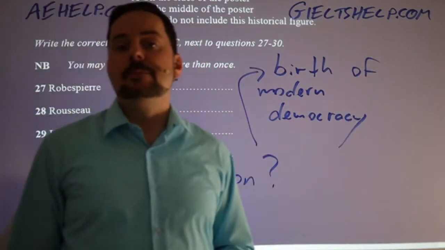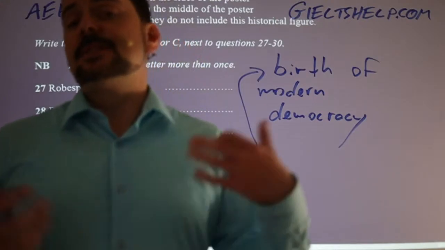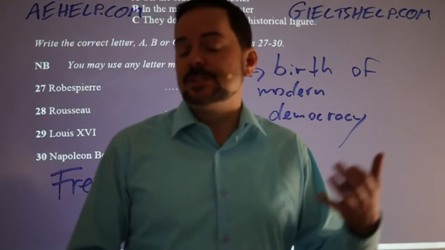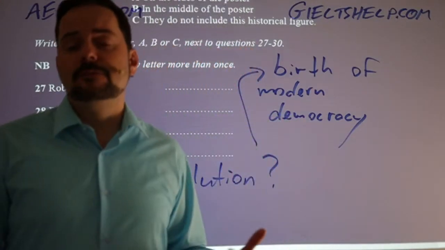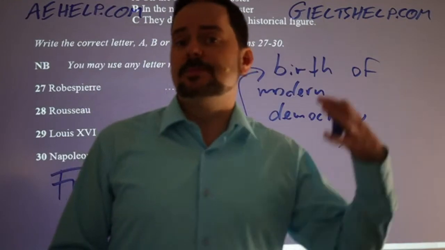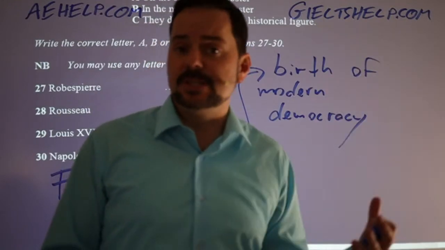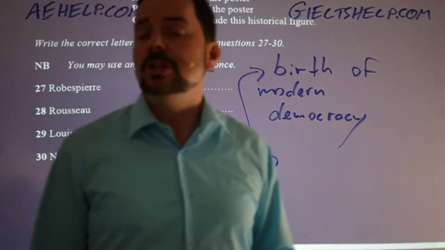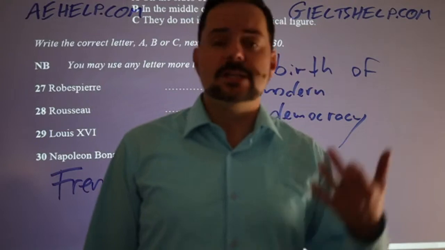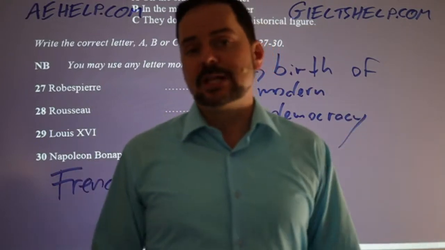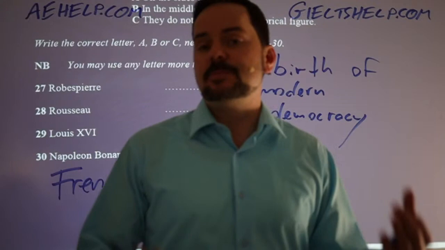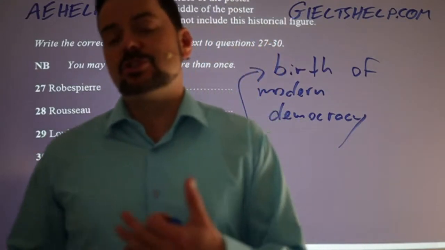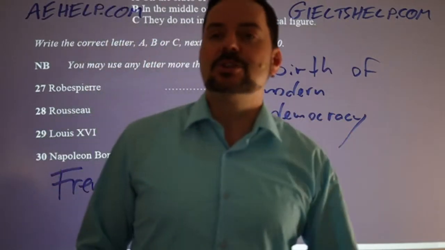So, if you're living in a society where you get to vote for your leaders, for the most part, okay, it's not everywhere yet in the world, but where you get to vote for your leaders and say, that's the person who I want to be the leader of my province, my country, my city, that's kind of thanks to the French Revolution. So before the French Revolution, it was all about kings and queens and upper class and the ruling class, and everybody else. They were farmers, peasants, no schooling. You just had to do what you're told. If you don't do what you're told, there goes your head.